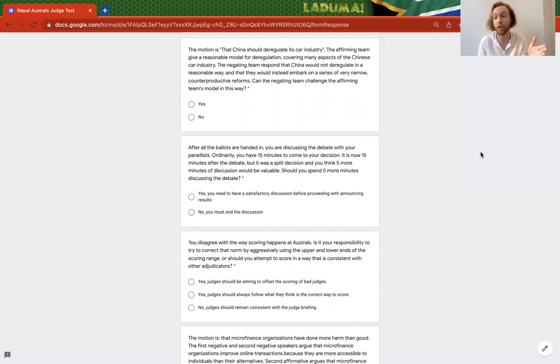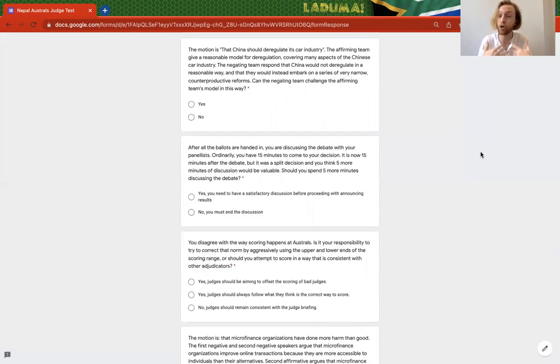The motion is whether you should do something. And in should debates, if you've read the Australs Manual, note that it is both possible and encouraged to give a model. The affirming team gives a reasonable model for deregulation. They say we deregulate in these particular ways, and you think that fulfills the burden of what deregulation does. And the negating team attempts not to address your model, but instead to claim that another type of deregulation would be adopted. This is a policy debate.